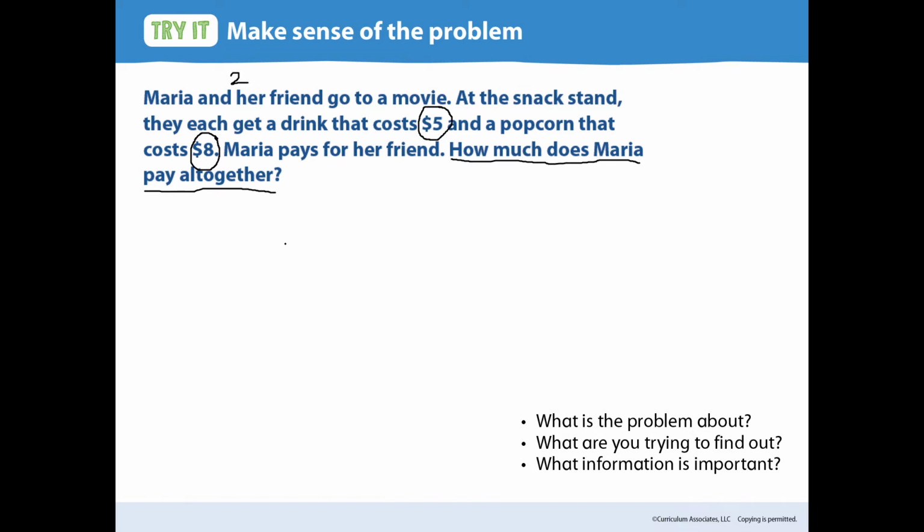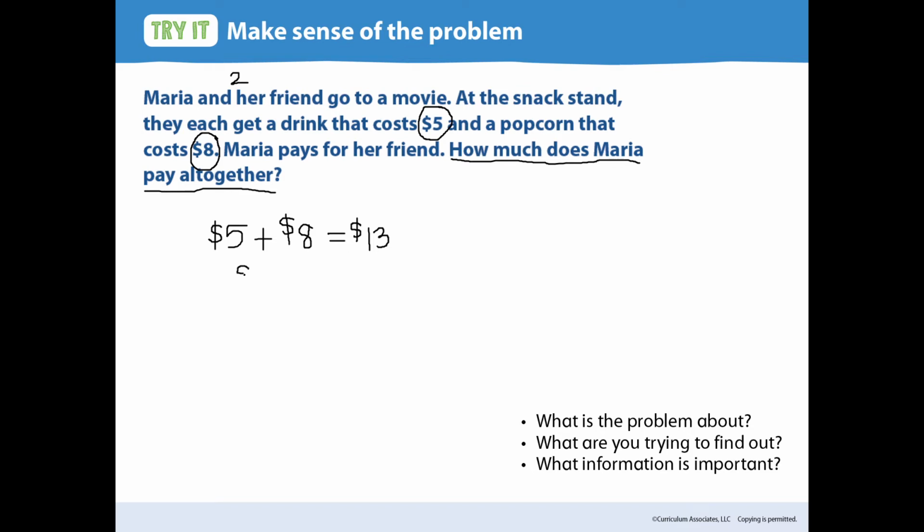All right, so there's a few different ways that you can solve this. First of all, we can find out how much it is for each person. So each person is going to be spending $5 on a drink and $8 on a popcorn. So we can find what that answer is. 5 plus 8 is going to be 13. $13 for each. And then we can take 13 plus 13, or we can take 13 times 2 to get